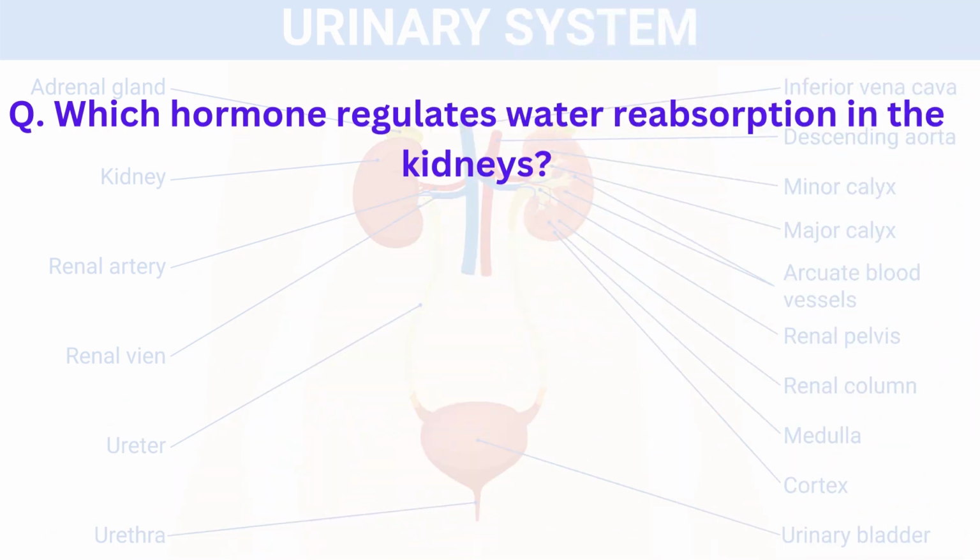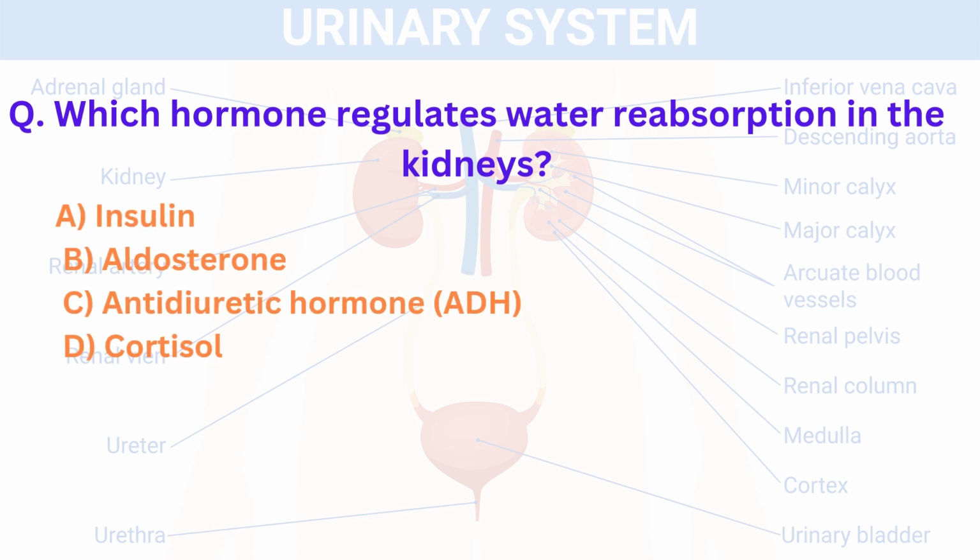Next question is, which hormone regulates water reabsorption in the kidneys? Options are insulin, aldosterone, antidiuretic hormone, then cortisol. What is insulin? Insulin is the hormone that regulates blood glucose levels but does not directly affect water reabsorption in the kidneys. Then aldosterone, it is also a hormone that promotes sodium reabsorption and potassium excretion, indirectly influencing water retention. Then ADH, that is